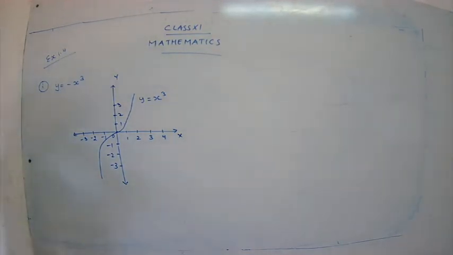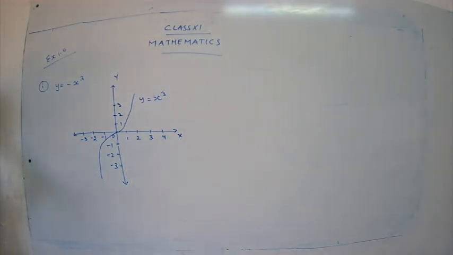Have you drawn, children? Don't take more time. You have to be fast. I have already told you that whenever you attend your maths class, you have to be ready with your scale, pencils and everything. Just do not run around after your class starts. Have you taken down the graph, children? Draw the graph neatly. You can refer to your textbook. See the points. You can see the coordinates and plot the graph.